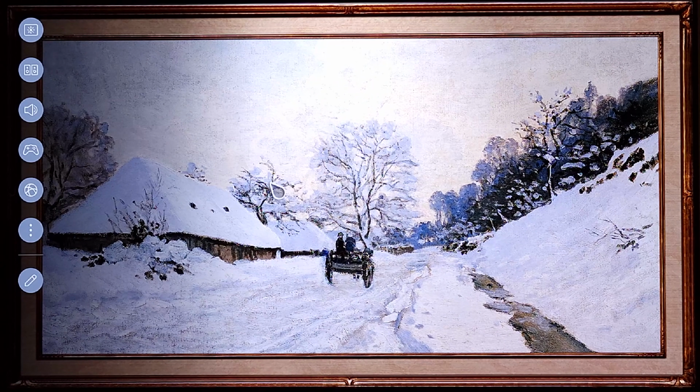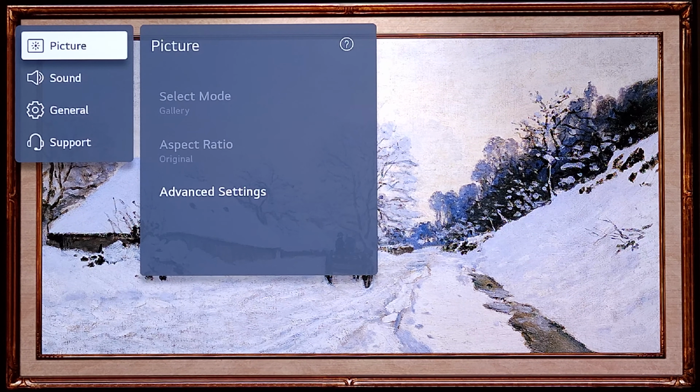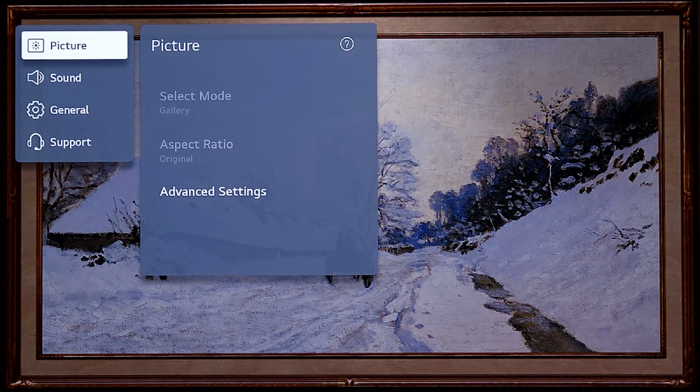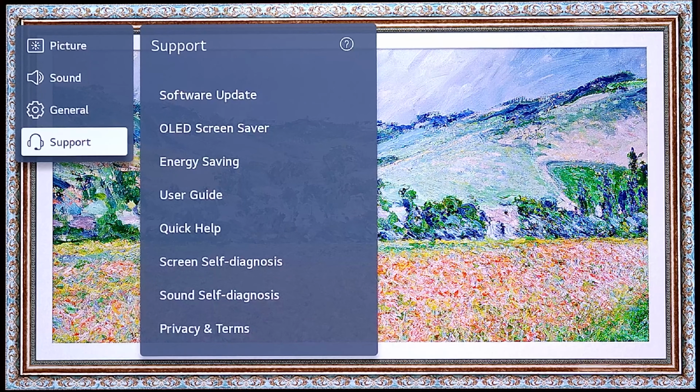All right, now we're gonna hit the wheel button on the LG remote control and go to all settings. You can also just keep holding the settings button, and it takes you there. Now we're gonna go all the way down to the support section, where it used to be before. That's where you used to go, right? But it is not there.